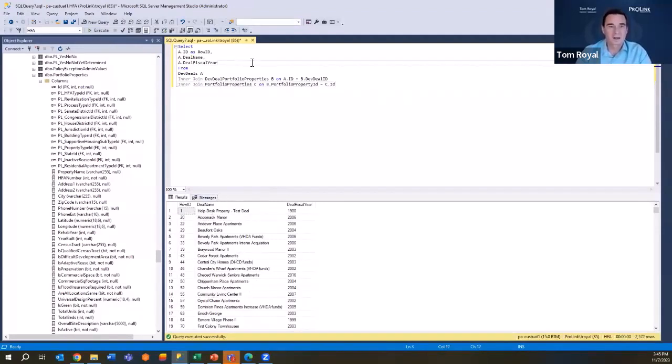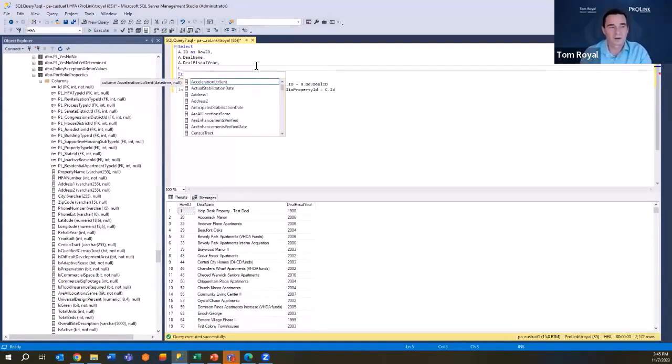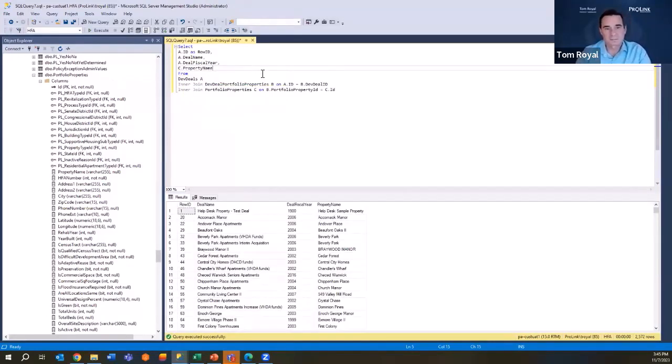And I should be able to include now my portfolio property fields. So when I have like property name, for example, if I run it, I'll see I get property names. So I'm bringing in property information. But one thing is that my count actually drops. So I had a little over 2,800 rows before. Now I've got 2,572. The reason for that is because there's dev deals in the system that do not have